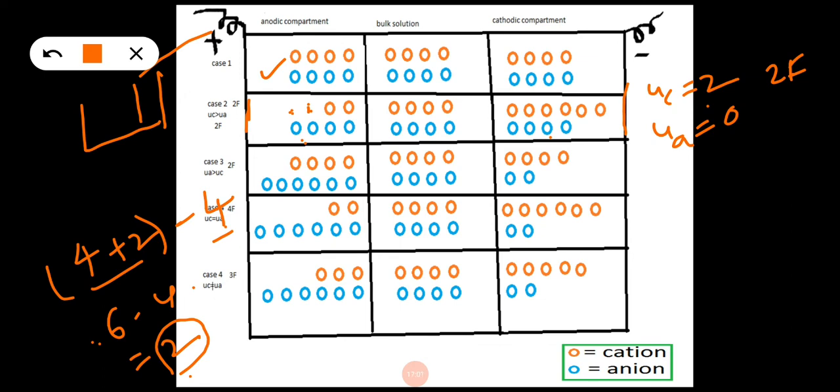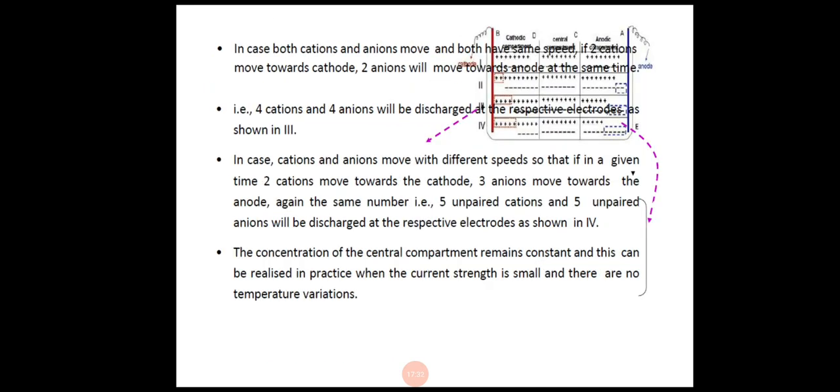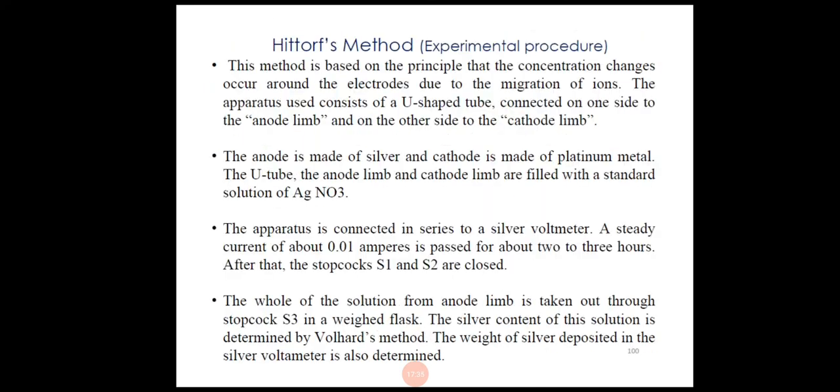So the difference, here 2, is exactly equal to the speed of the cation. This difference will give the number of cations moving out of the anodic compartment, or the speed of the cations. So in this way we can know the speed of the cation by knowing the expected increase in the concentration and the observed increase in the concentration in case of attackable electrodes.